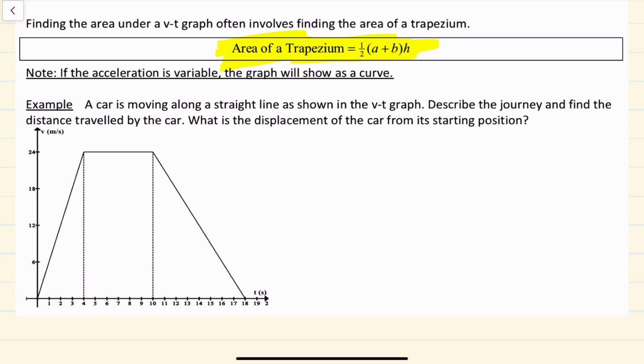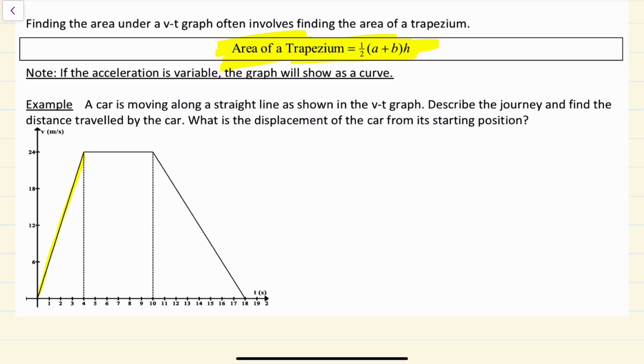Okay, it says here in this one, a car is moving along a straight line as shown in the VT graph, velocity time graph. Describe the journey and find the distance travelled by the car, and then what is the displacement of the car from its starting position. Okay, right. Now, you need to write this, and I'm not going to write this in because my handwriting's so bad, but what would be happening here